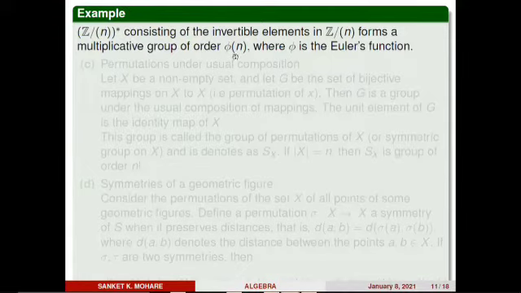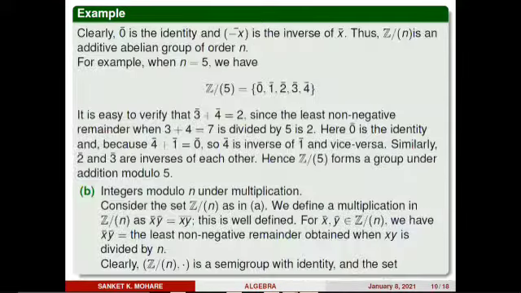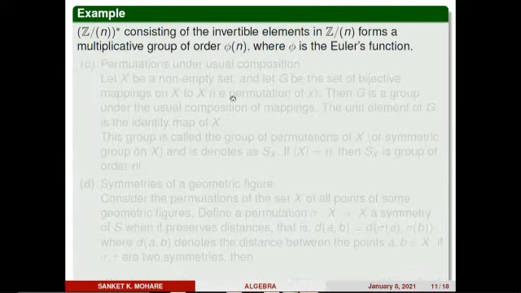Okay, so like here in this example, Z5. Suppose one wishes to find Z5 star, so how many elements does Z5 star contain? Z5 star contains exactly phi of 5 numbers. Phi of 5 is how much? As p is prime, phi of p is always p minus 1 for any prime p. So phi of 5 is equal to 5 minus 1, that is 4 elements. So Z5 star contains only 4 elements. In this way one can prove Zn star forms a multiplicative group of order phi of n.